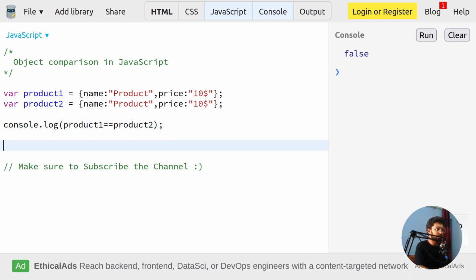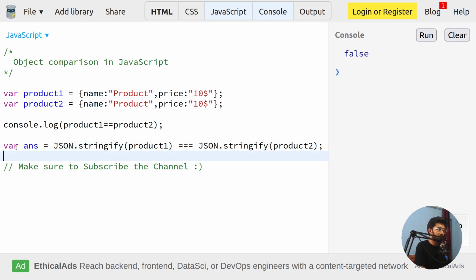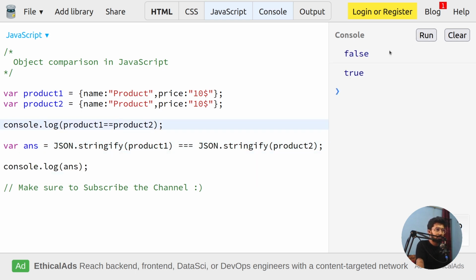So I'm gonna write here JSON.stringify(product1) with the equal operator. Let me just copy this and paste it here, product2. Alright, so let's just save the answer in a variable. Let's just compare this again. Let me just run it, and now you can see here in the first approach it will always return you the false value. This is not a way of comparing the two objects, but we have a sort of solution